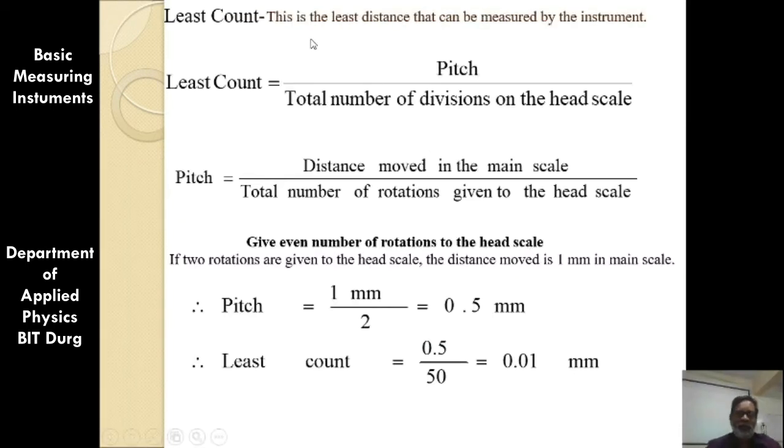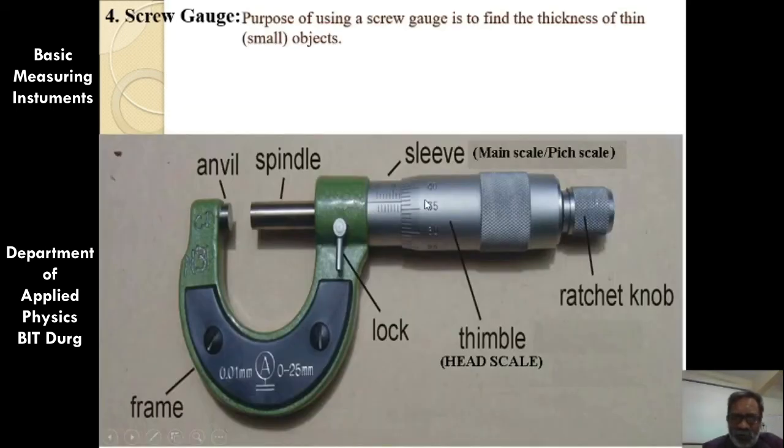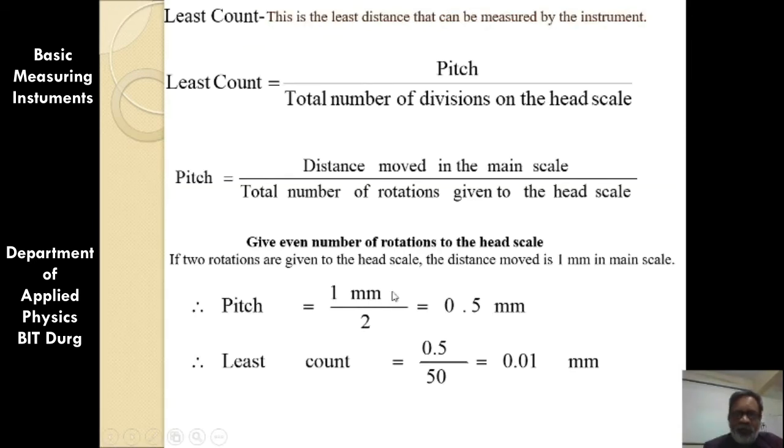The second thing which we have to do about screw gauge is to find the least count of the screw gauge. The least count of the screw gauge is basically equal to pitch divided by the total number of divisions on the head scale. As you can see, this is the head scale. In the head scale, total 50 divisions are there. This is 35th division, 40. After that, you are going to find the 45th division, and then 0 mark. So total 50 divisions are there.